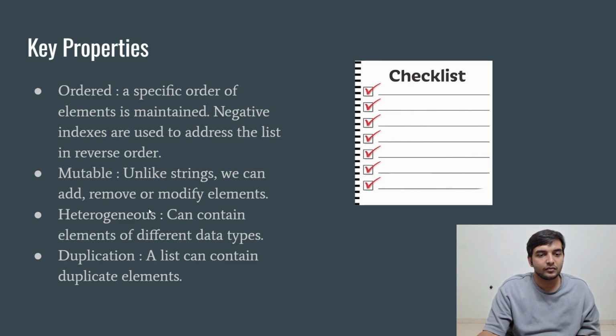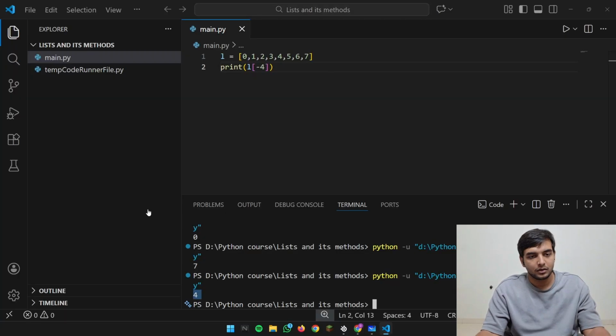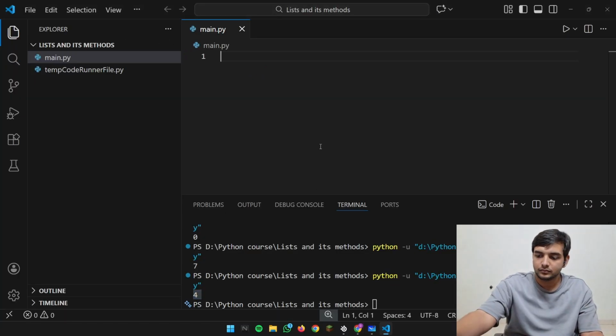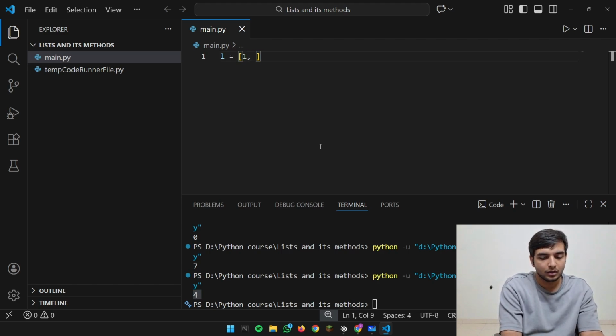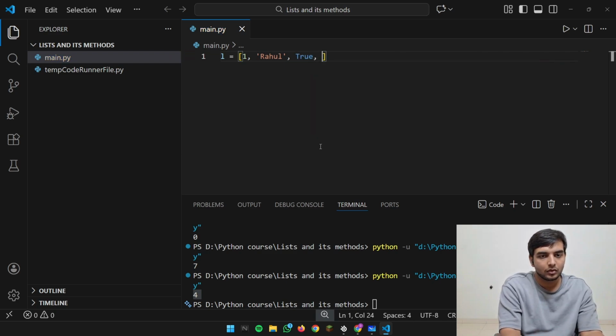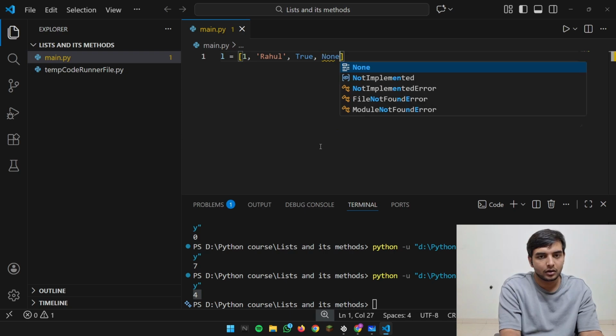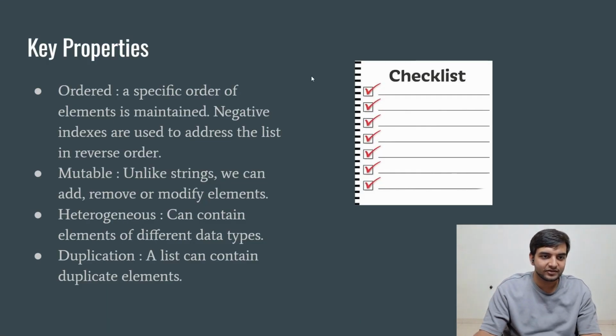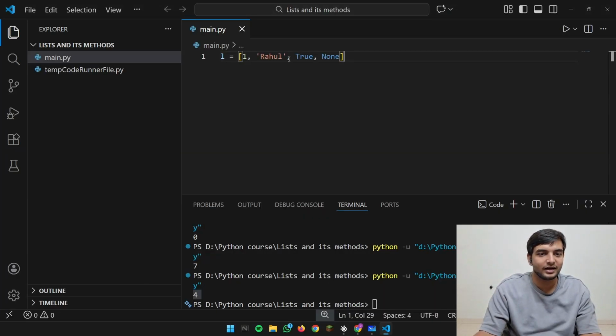Heterogeneous, which means that the list can have multiple data types of element in the list itself. Like, let's take this list. It has 1, then a name, and it has, let's say, true, and it also has none. So basically that's the point here. They are heterogeneous. It can contain multiple elements